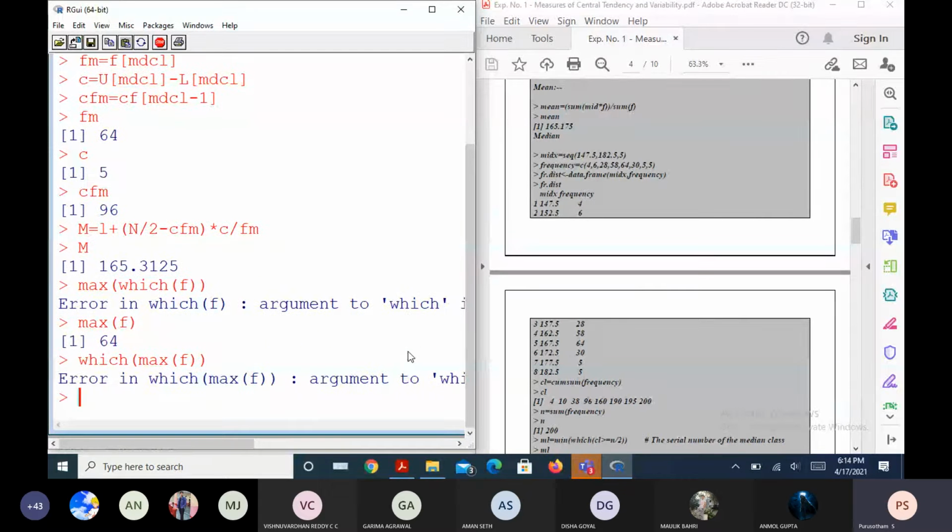Max f is the only one, right? So when only one is coming, which is required? When you are using max f, it will always result in only one element, right? Not the set of elements.